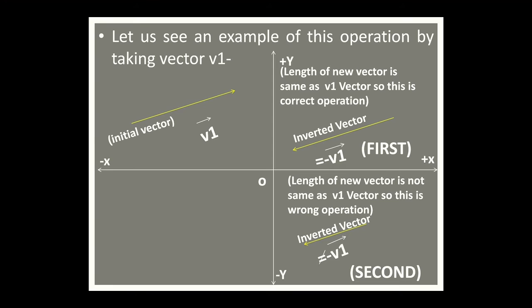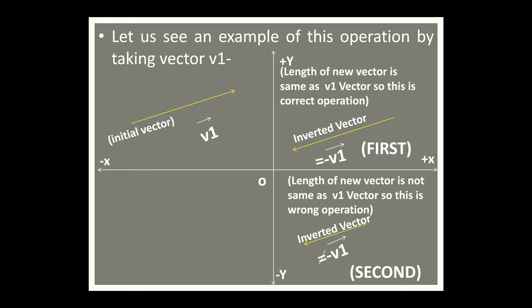So this operation is valid or correct, as the direction of the vector is only inverted but the length is unchanged. So your new vector in the first quadrant will be equal to minus v1. Your initial vector was v1 in the second quadrant and your inverted vector is minus v1, which is shown in